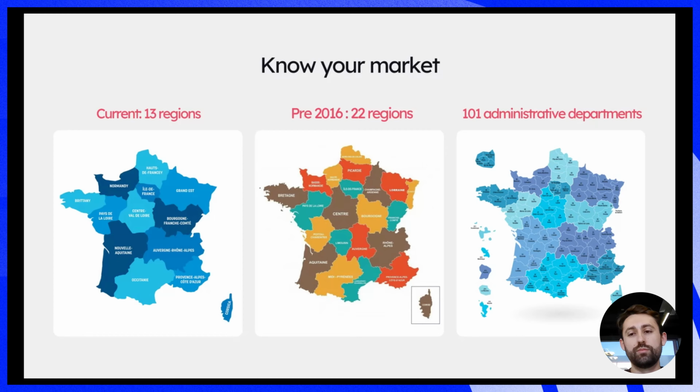Someone from rural Limousin, which I call the outback of France, where there's nothing going on, doesn't share much with someone from Basque Country, which has a completely different culture and languages, and they've just been put in the same pot. So if you outreach to those people, you need that difference. And if you look at France on a department level, there are 101 administrative departments. They all have their foods, their culture, their special days. So it's worth considering.